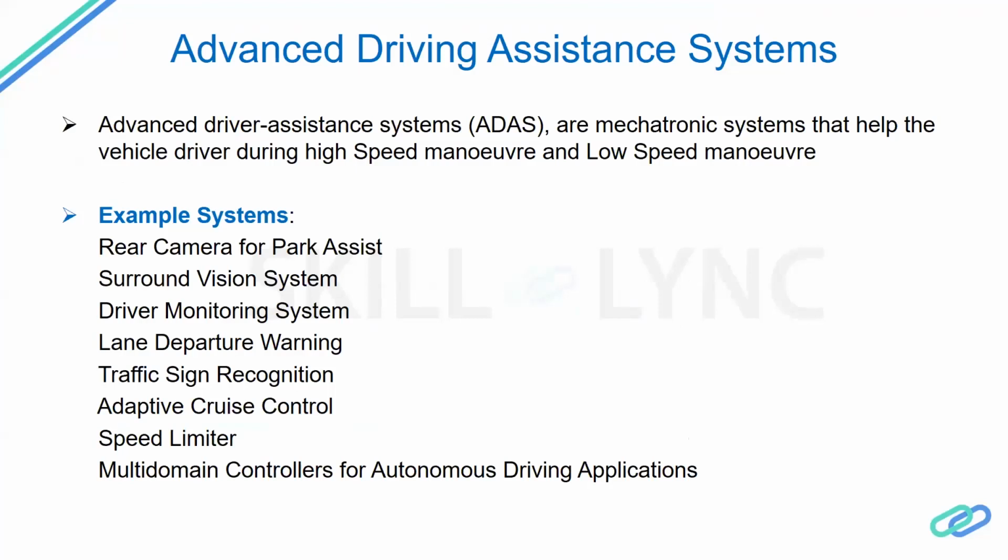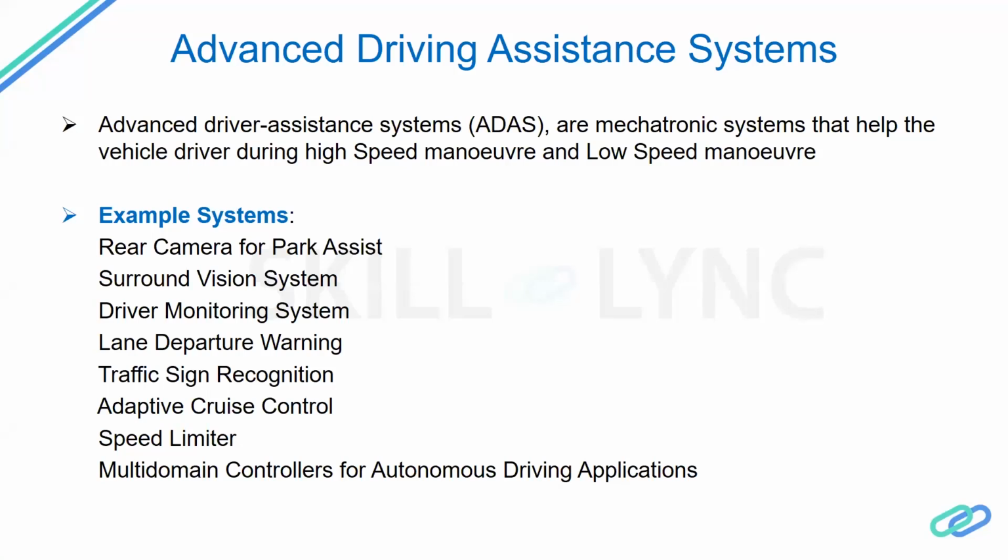The example systems would be like a simple rear camera, which will help the driver to see the rear view when the vehicle is operating in reverse gear, and the surround vision system, which will help the driver to see the different views without the usage of the mirrors inside. Say, for example, if additional systems like a trailer are connected to the vehicle,